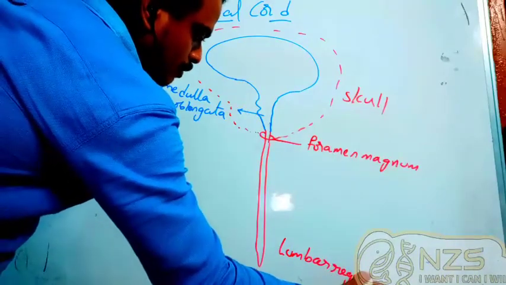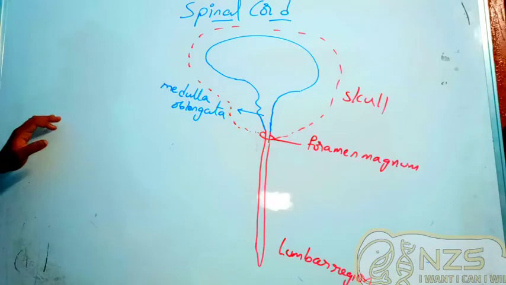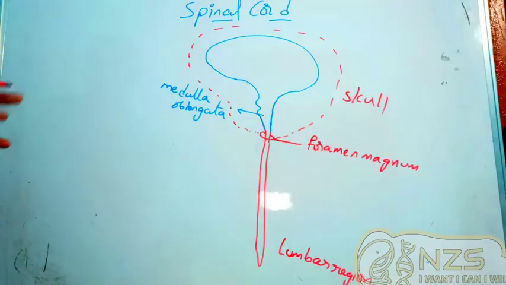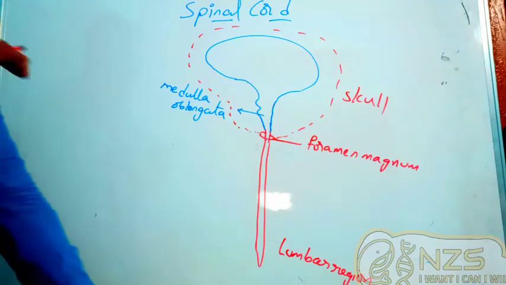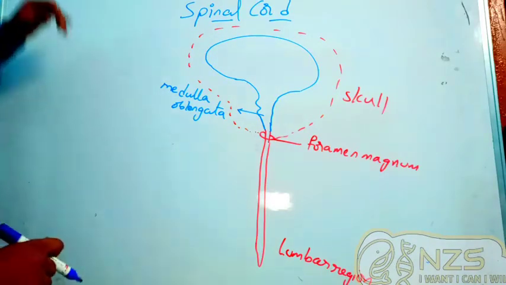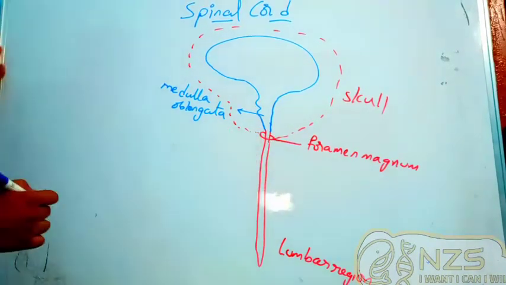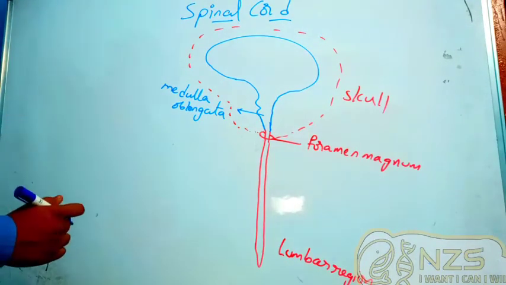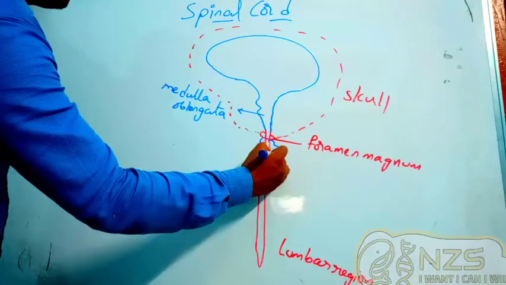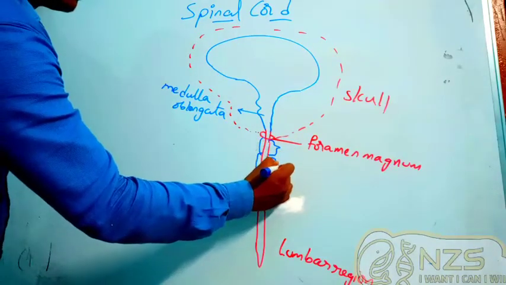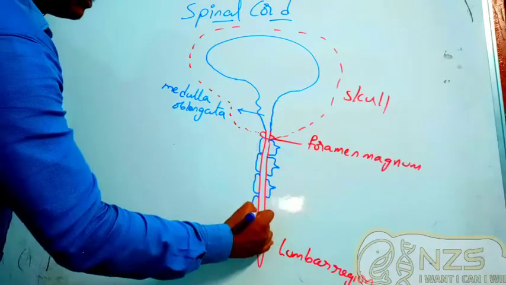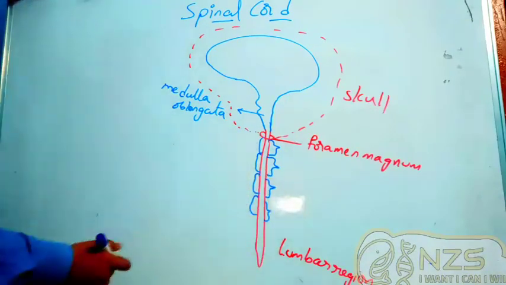Now you may have a doubt: up to which region of lumbar? We have several regions there. Which part of lumbar will the spinal cord continue to? To explain that point, we have to know that the spinal cord is protected by a backbone. Here we have the vertebrae, which will make the vertebral column. I can't draw every vertebra here, but I'm just putting some examples.